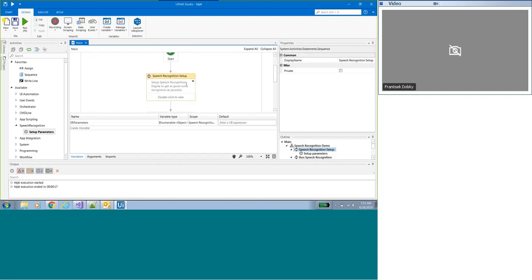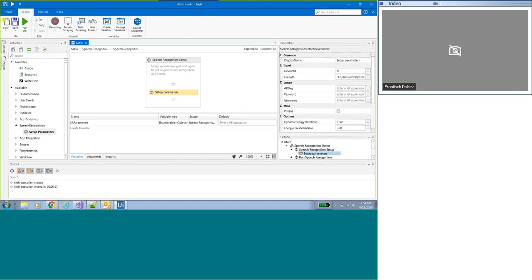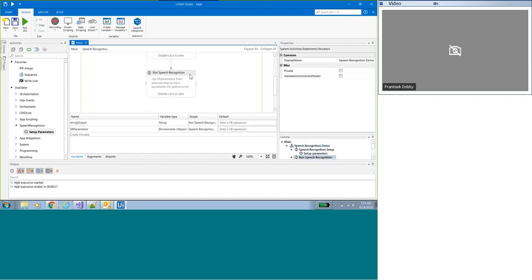The demo consists of two steps. The first step is the setup of parameters for speech recognition, and the second step is running the Python script itself. So firstly,